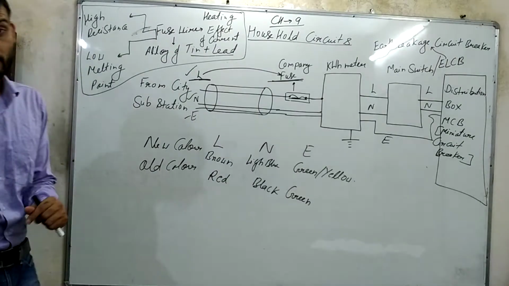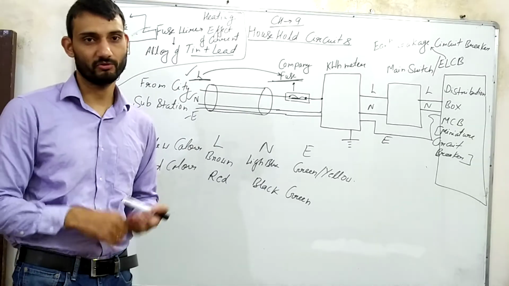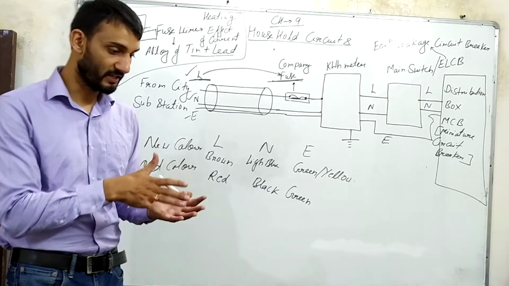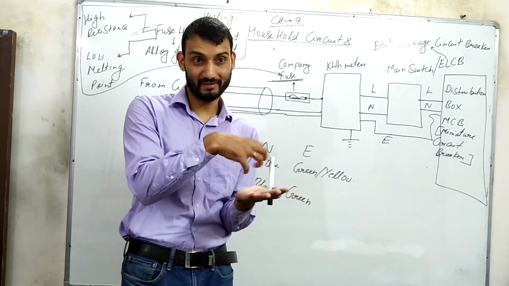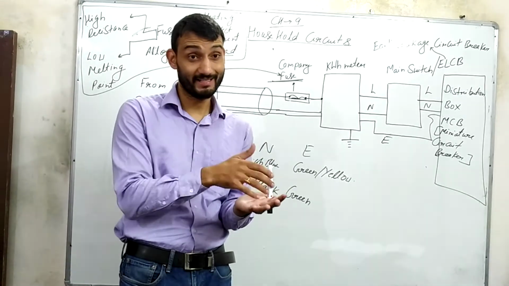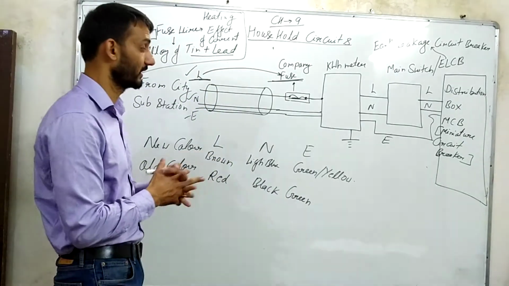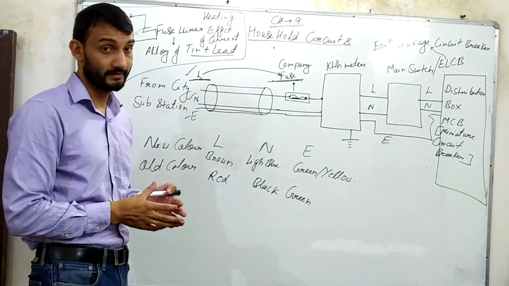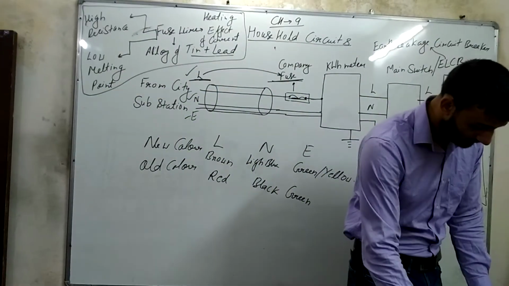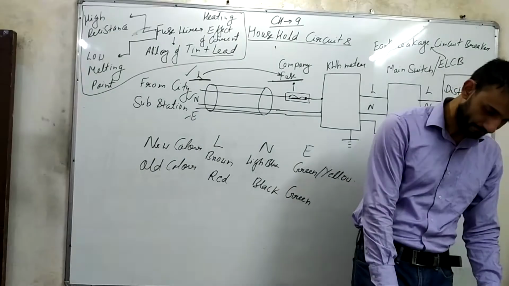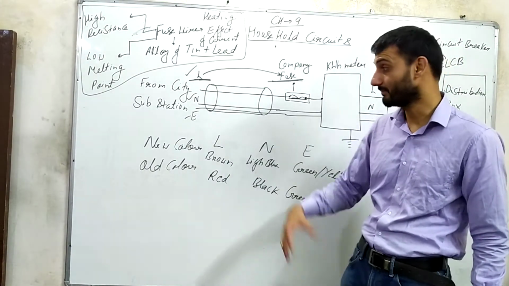What safety precautions you need to take when you are dealing with an electrical appliance? So the very first is you should not be barefoot. You should use your slippers or something, because when you are barefoot, your foot is in contact with the earth. Earth being earth completes the circuit, and if you don't wear anything which discontinues the circuit, then you may get shock. Second thing is you should not handle the circuit with your wet hands, because water being a good conductor, you may get shock. So all these are the safety precautions which we need to take. And your appliance should be earthed always, okay, so that excessive current passes to the earth.